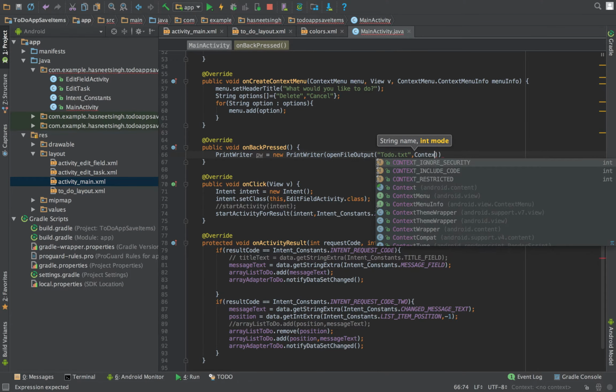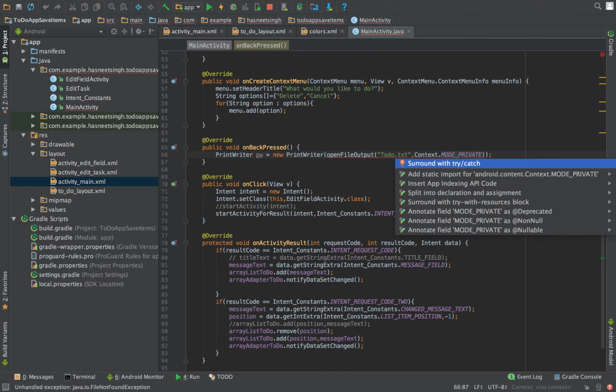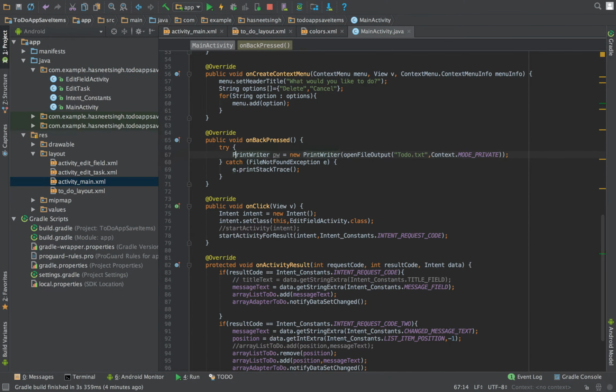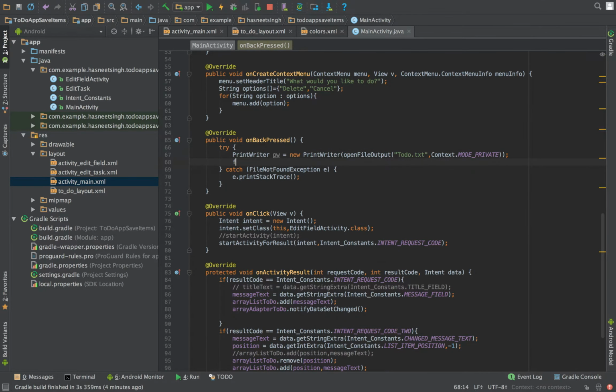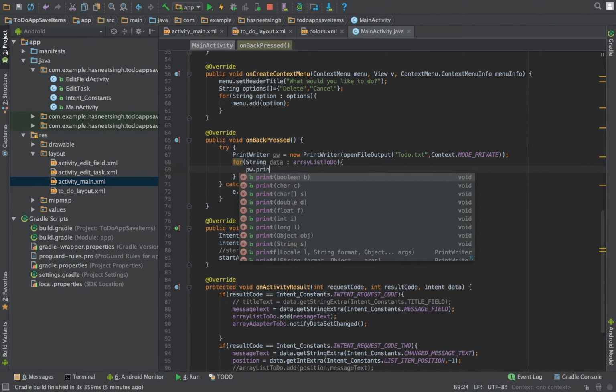I'm going to say Context.MODE_PRIVATE because we want only your application to access this file, so that no other application could access or change the contents within it. What I'm going to do now is add a for loop which has a String object, say data, and I'm going to say ArrayList todo. What I'm doing here is taking the ArrayList and passing each item of the ArrayList into this data object one by one, and finally I'm going to say println on that PrintWriter object,